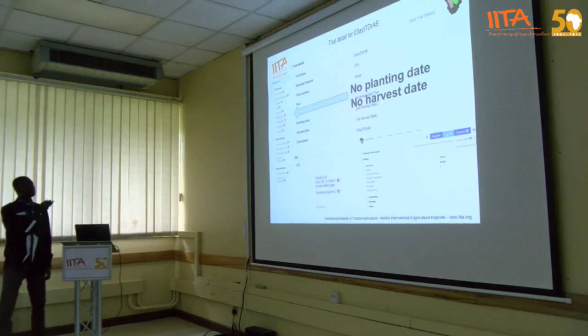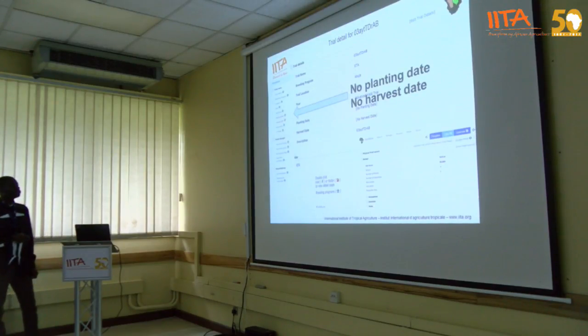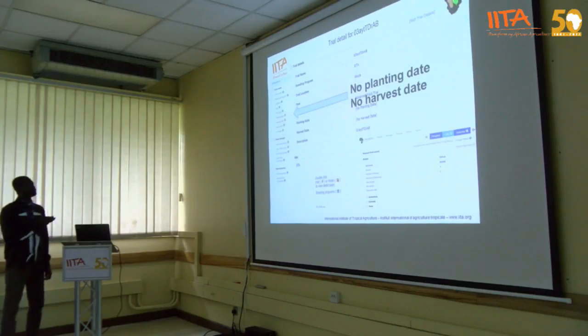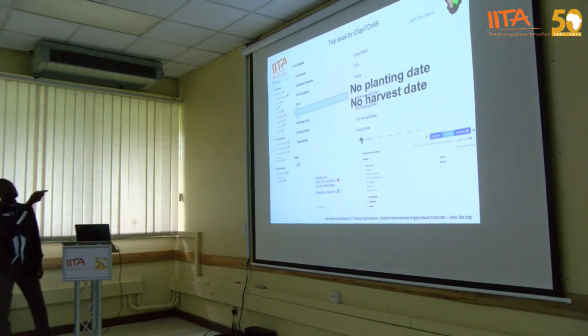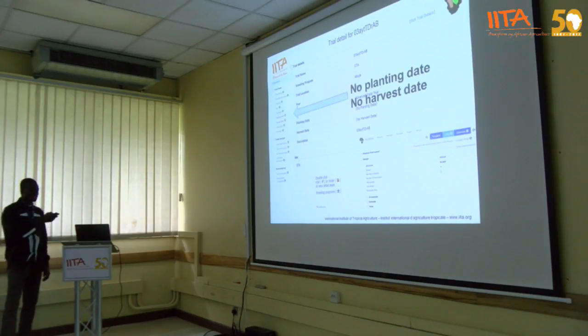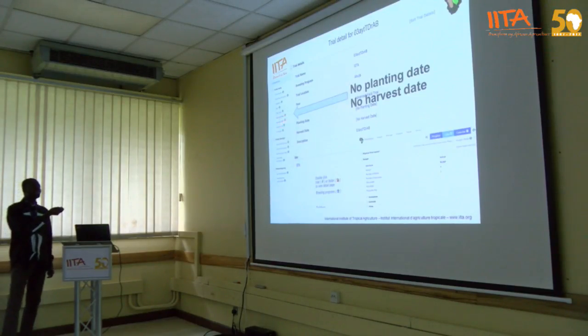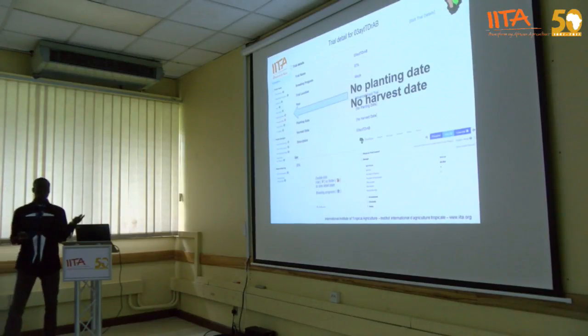So the next thing is that YAMBASE can also help you to have more information. Like this, it will give you flag information. Where you have the green, you know that all that information is good. And here you can see that there is red. That means we did not provide the planting date and also the harvest date. So for this, it will really help you. Oh, something is missing. You can go back and correct your